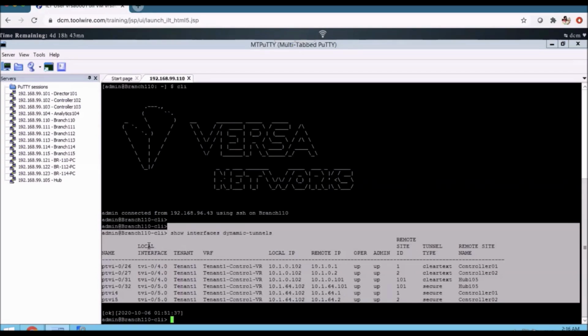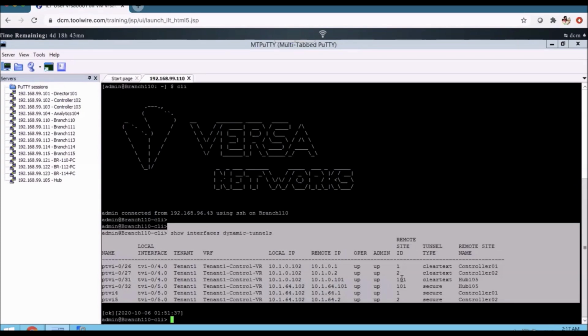If I look at the interfaces, what is the source of those interfaces? TVA 0/4, which is used for VXLAN tunnels, and TVA 0/5, which is used for the secure tunnels. Now, which tenant? These interfaces are going to be part of tenant 1. What are all the VRF instances? The interfaces will be placed in the control VR. What is its local IP address and what is its remote IP address?